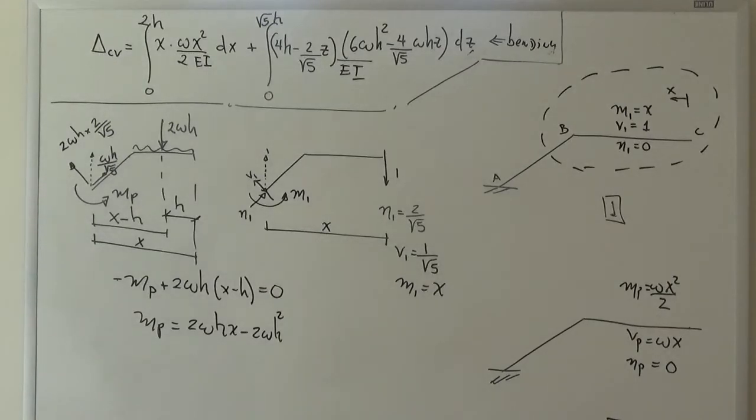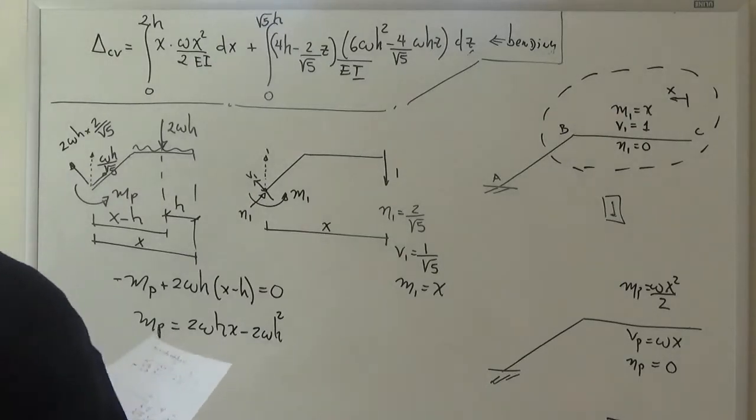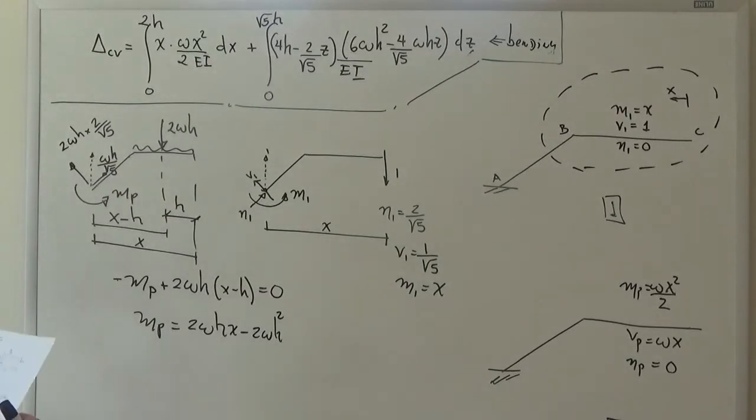WH squared. No, this is Z again. I'm pretty sure that this is correct, but I just want to triple check so I don't have to go back and say sorry. So let's see. WHX minus 2WH squared, BP is equal to BP is 4WH over square root of 5, and NP is,